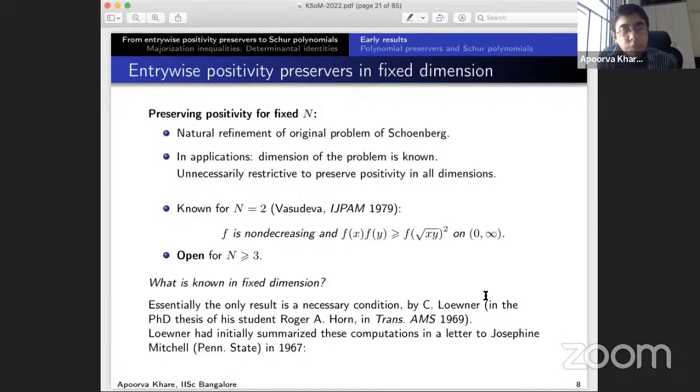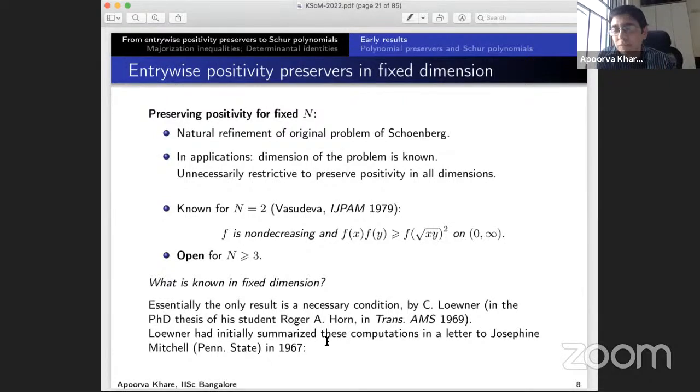Essentially, what is known for a general function is a necessary condition by Charles Loewner, which eventually appeared in the PhD thesis of his student Roger Horn, who is the author of Horn and Johnson Matrix Analysis, one of the classic books in the area. Of course, Horn did his PhD more than 50 years back from Stanford, under Loewner. Loewner passed away, I think, in 1968. So Horn's thesis, this paper, was published later, but he had originally summarized his calculations in a letter in 1967,